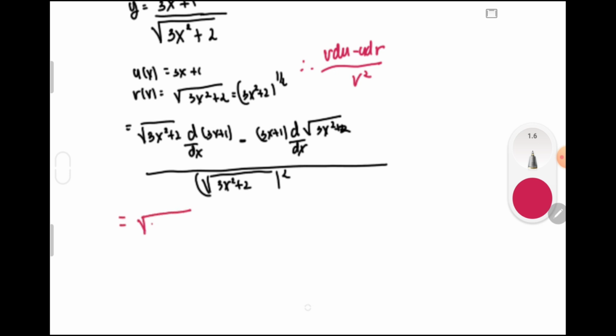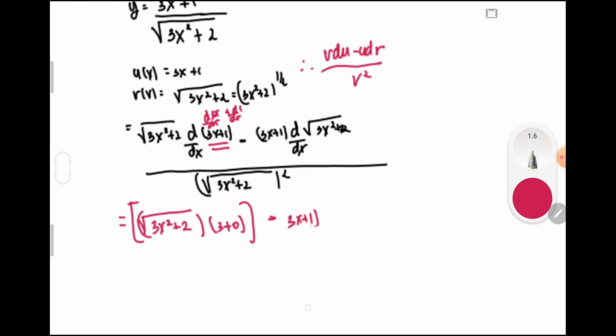So from this, we will have a value equal to square root of 3x squared plus 2 multiplied by the derivative of 3x plus 1, ka-prime yun yung sum rule, di ba? Magkakaroon ka ng derivative of 3x plus the derivative of 1 with respect to dx. So you will have a value of 3 plus 0 minus our